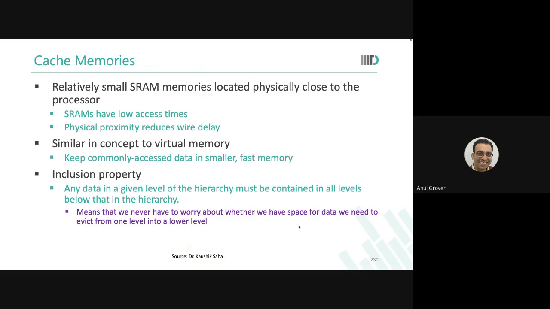This is extremely important because if you update the content of the L1 cache, you need to update the content of L2 cache and L3 cache and the main memory also at some point of time. But if that content doesn't even exist at the different higher levels of hierarchy, then what will you update? So it will lead to errors. Okay. So inclusion property is another very important principle that you have to be aware of and alert about at any point of time.